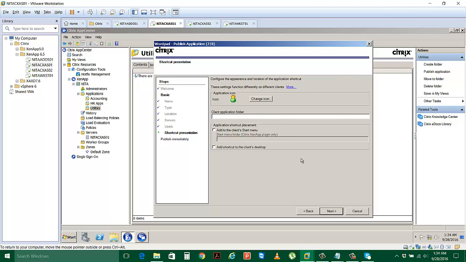Here we need to specify the name for the folder where the client application will reside. So I will choose the folder My Apps. To add this folder to the start menu of the user for the client,